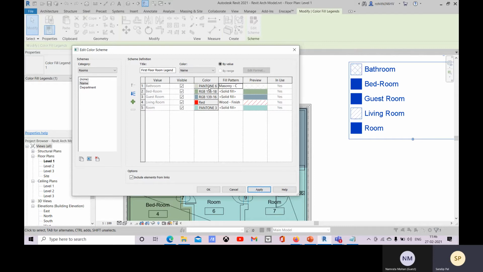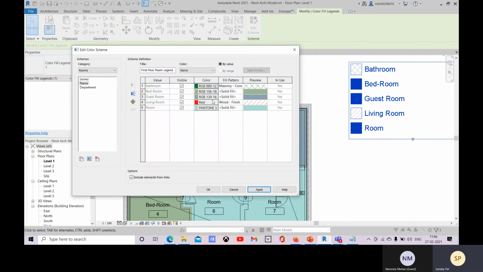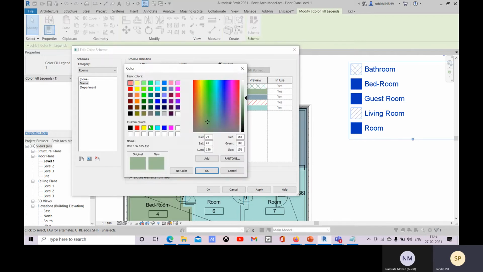Apply, and if you need to change it, you can change. And let's change it for the bedroom.